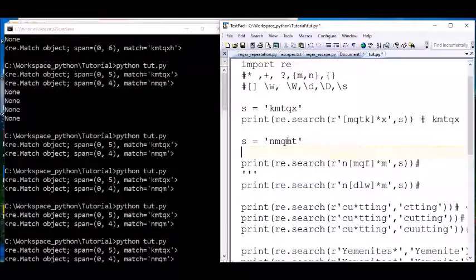Now comes to the last one, which is T. T is not inside this one here. And then it's the 0.